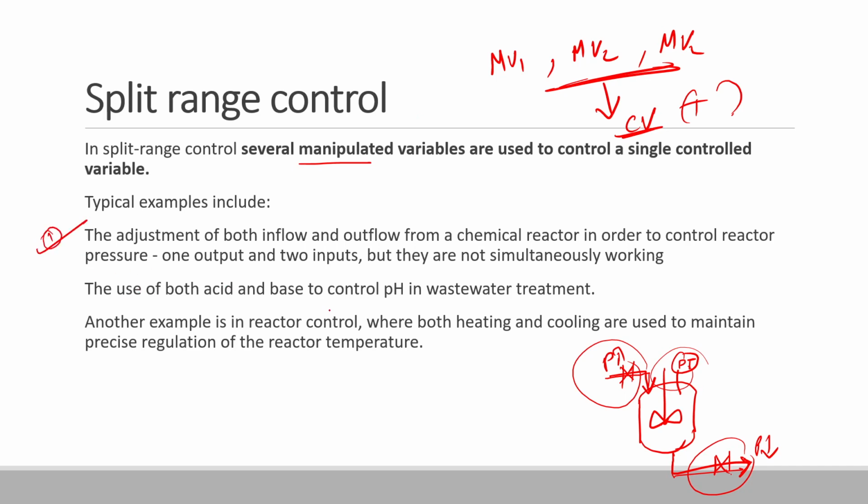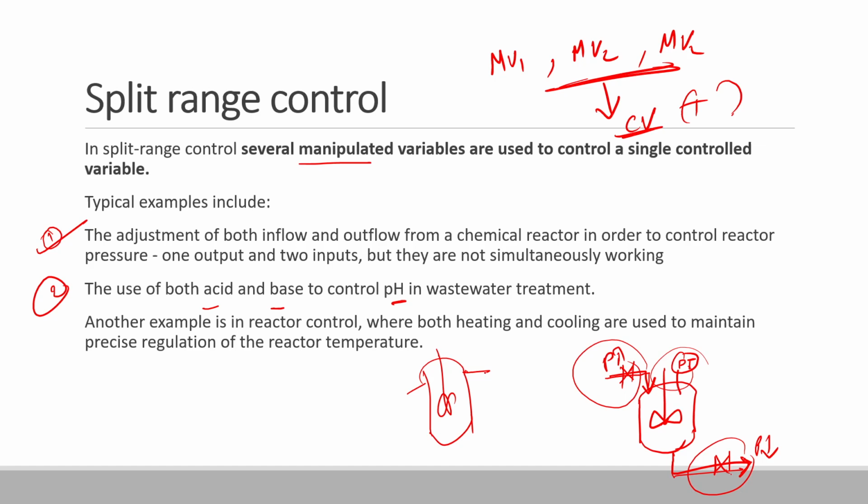Similarly, the use of both acid and base to control the pH in wastewater treatment. We can either add acid or add base in order to control the pH. So this is the second example. Another example is in reactor control, where both heating and cooling medium are used to maintain precise regulation of reactor temperature. So let's say we have a reactor,